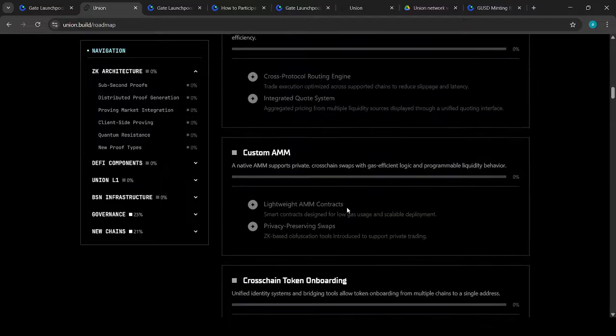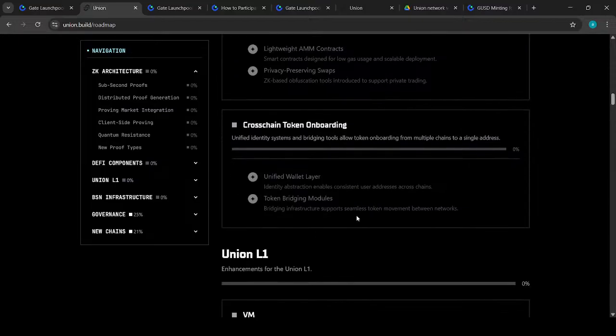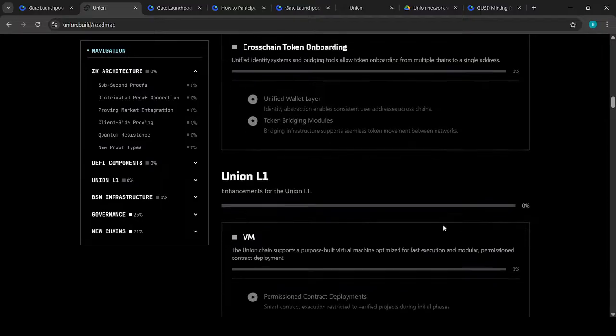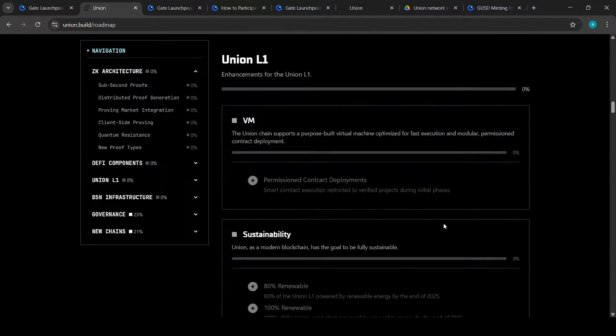So custom AMM, a native AMM supporting private and cross-chain swaps with gas-fee-efficient logic and programmable liquidity behaviors. So cross-chain token onboarding and identity system tools allow token onboarding from multiple chains to the same address. So Union Layer 1 enhancement for the Union VM, the Union chain,